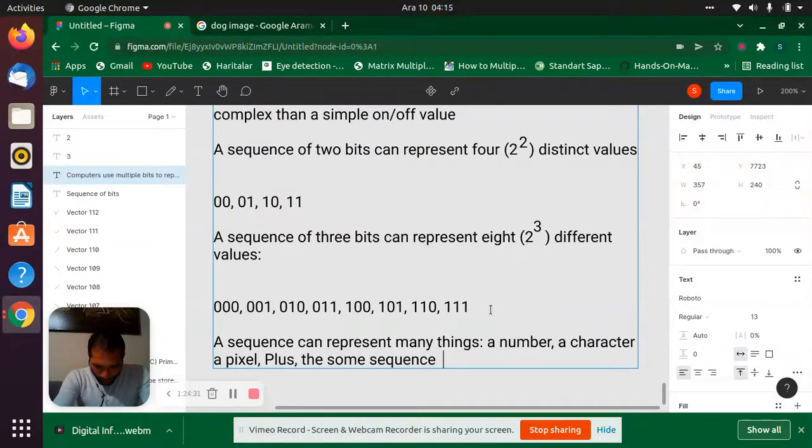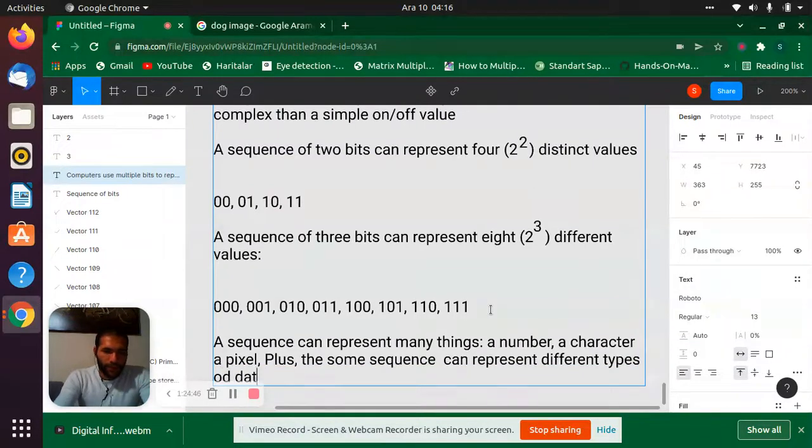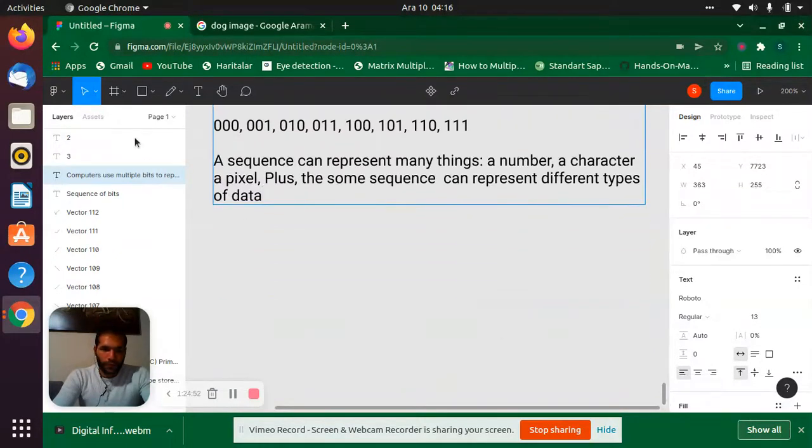Some sequence can represent different types of data in different contexts. And the sequence,